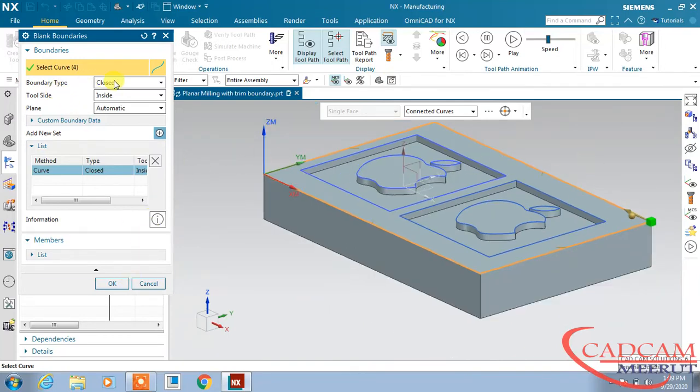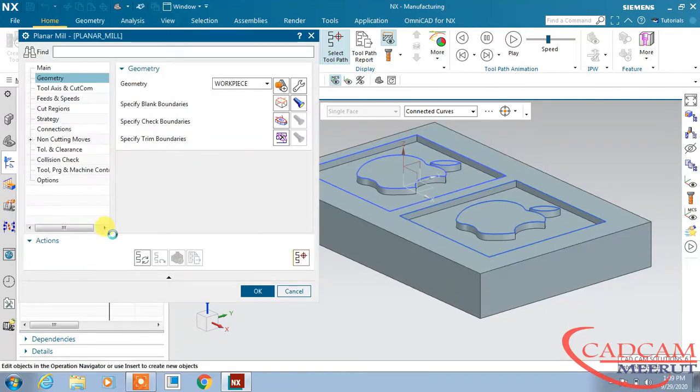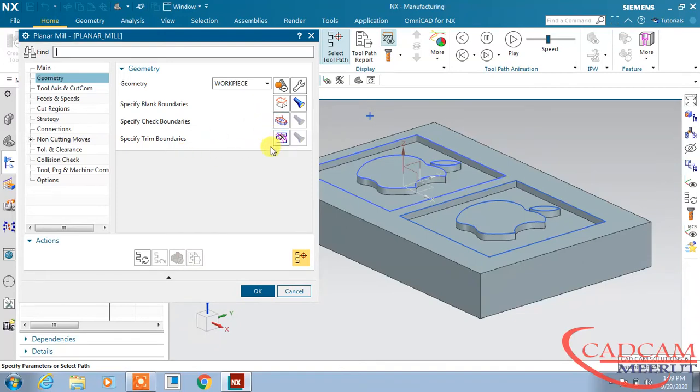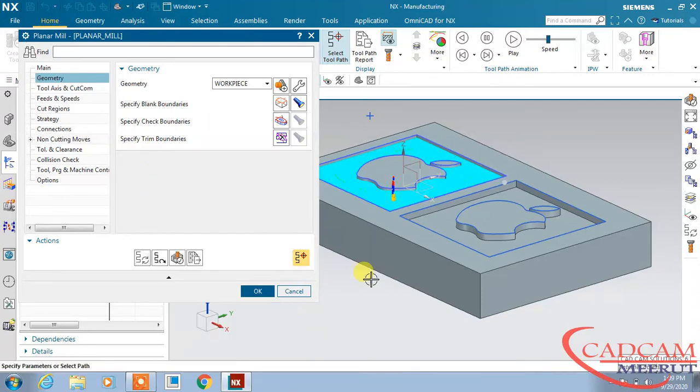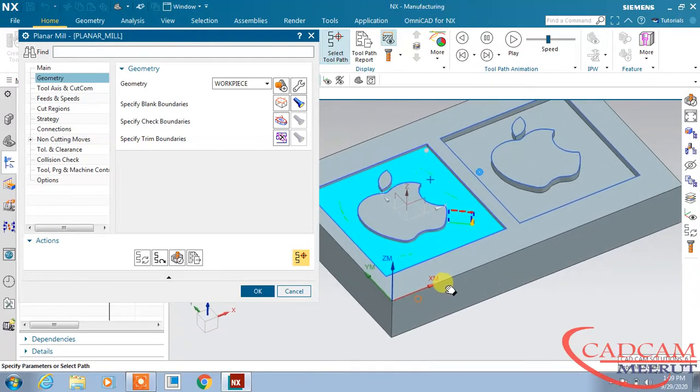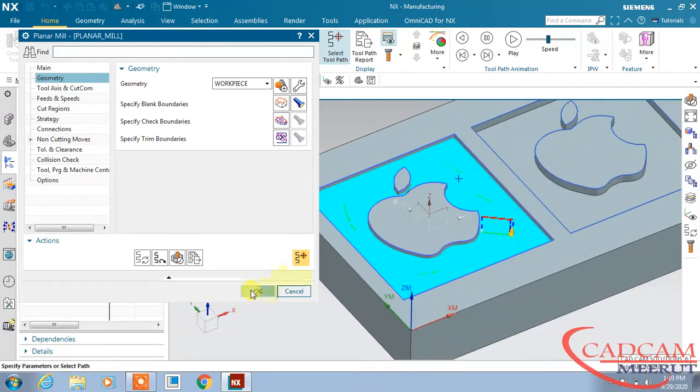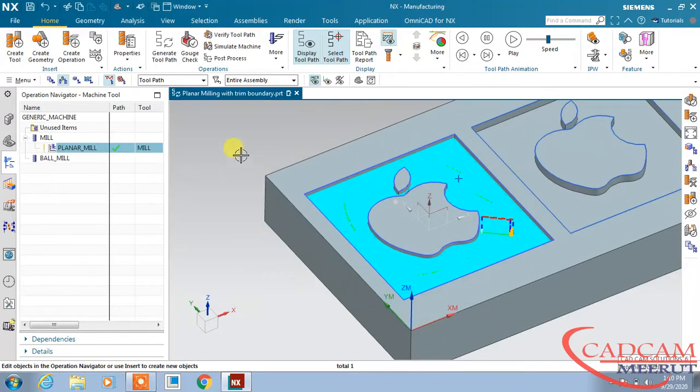The blank boundary is closed, tool side is inside, and click OK. And trim boundary we will use later on. Just click over this generate. The toolpath will generate automatically, and it will take a little bit of time. And here it is. This is my toolpath. You can see. Just click OK, and now